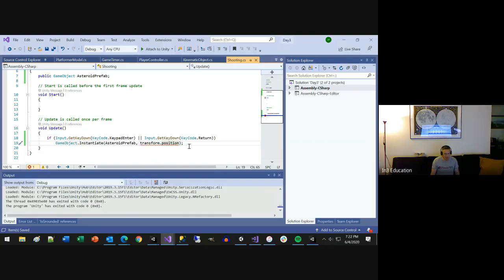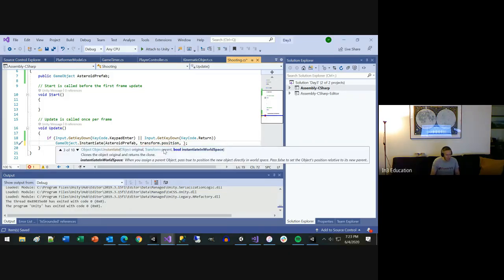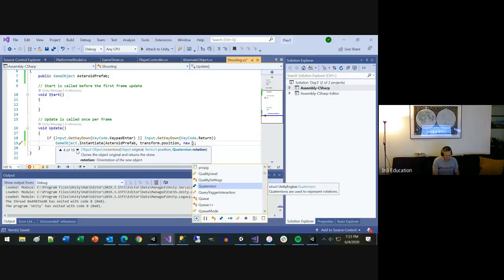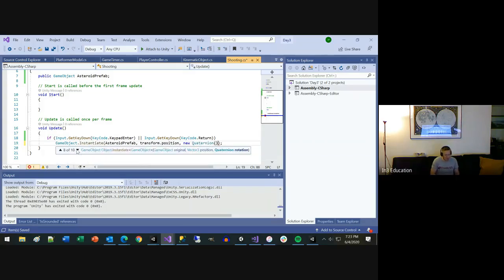But anyhow, this is getting the transform's position of whatever game object this component is attached to, and in this case, it is the player. And then the last property it needed was the rotation. And in this case, we don't want it to rotate in any weird way, so we're just going to give it the default rotation,